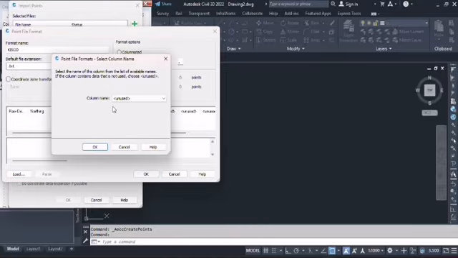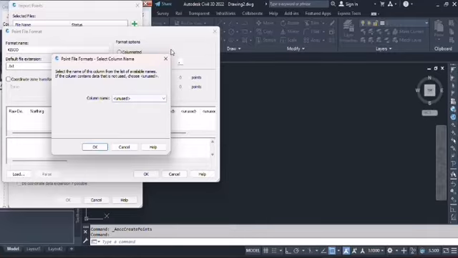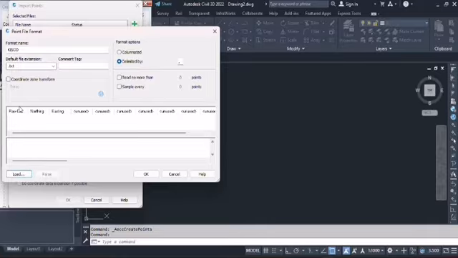Then if the data you are dealing with has the elevation side, you come here, you insert the grid elevation, the point elevation. But in our case, we don't have the elevation. We are dealing with the 2D, which is we are dealing with the land data. We want to plot a parcel of land. So we will ignore the elevation part. So we have the row description, we have the nothing followed by the easting. So you click on OK,